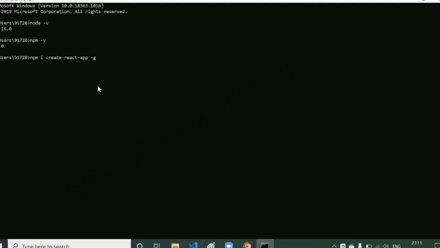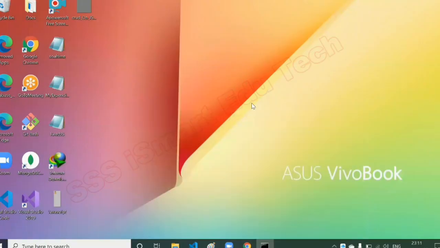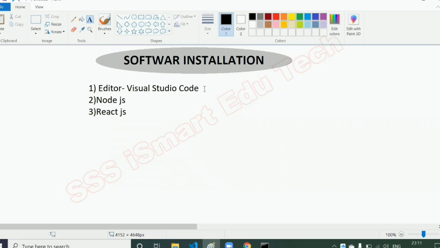Just press enter. I have already installed it, so I'm not installing it again. Once you press enter, it will start installing. So we have understood how to download Visual Studio Code, how to download and install Node.js, and how to install React.js.